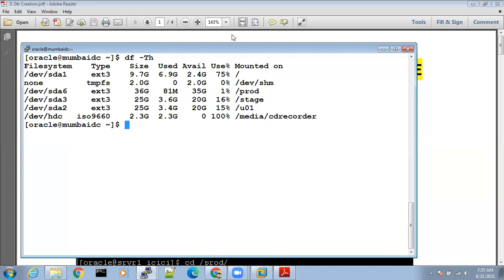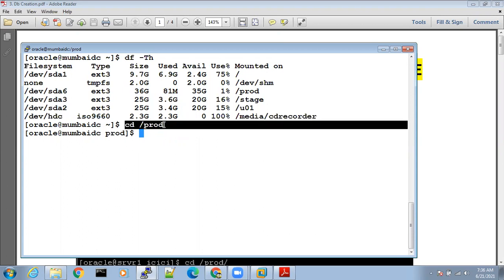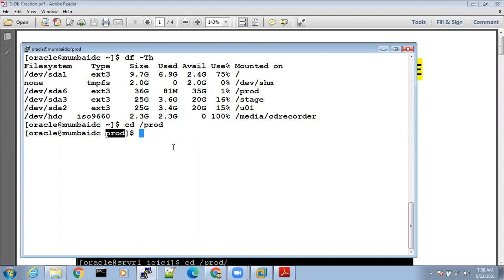So where do we create databases? We will create databases in /prod. So we have to change the directory to /prod: cd /prod. Okay, done. Now you are in prod. Where you have to create a database, you have to go to that mount point.